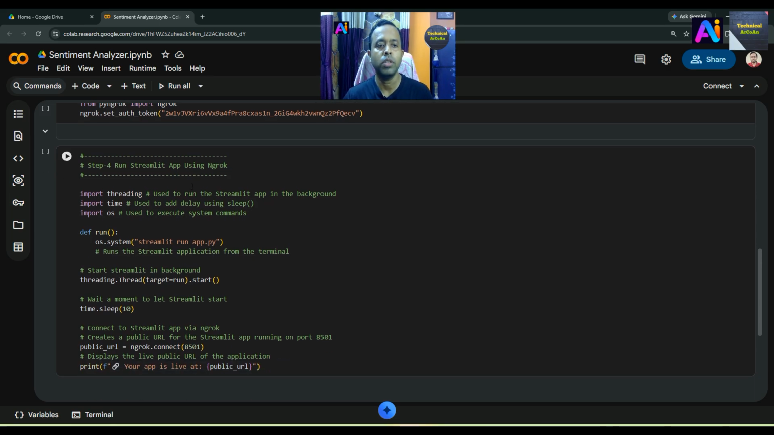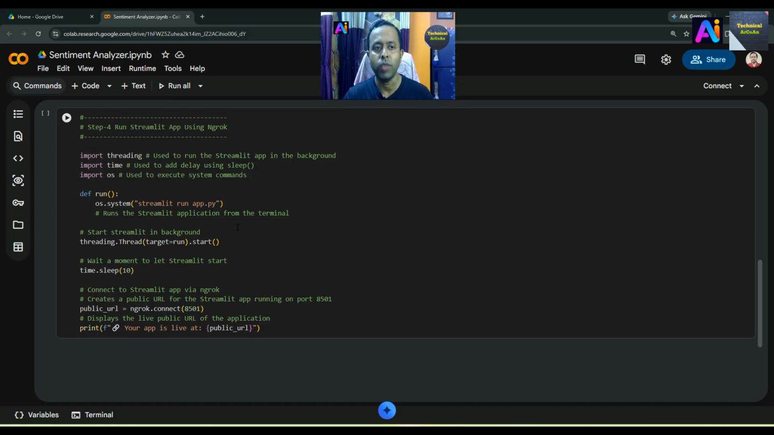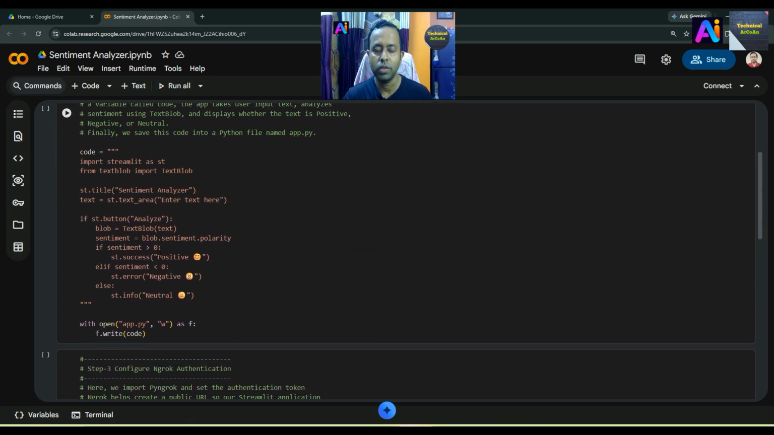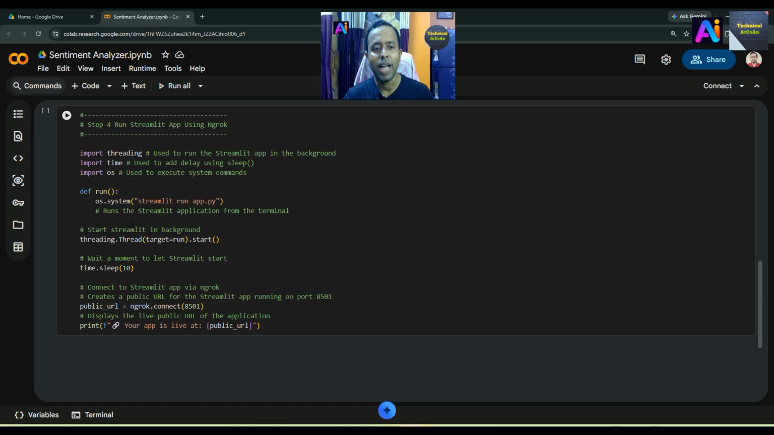So at first we import threading, this particular library used to run the Streamlit app in the background, and import time, used to add delay using the sleep method, and import os, used to execute system commands. So in that case we use this function. At first we do os.system, which runs the command streamlit run app.py, whatever code is given within this variable, and then we run the Streamlit application from the terminal and